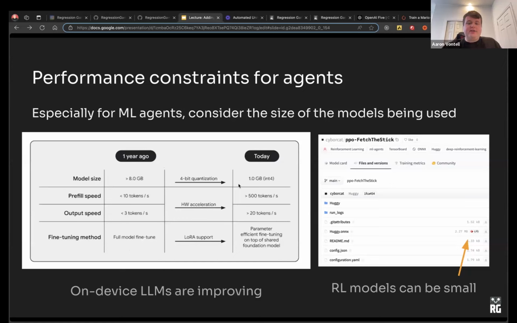And so they actually got like a 1 GB size LLM working on device, which could be useful for maybe running some LLM based agents that are doing dialogue or decision making using those. And so overall, you just want to think about the constraints that your platform is going to introduce, and then use that to help you make decisions about how you're going to be training or building your models or